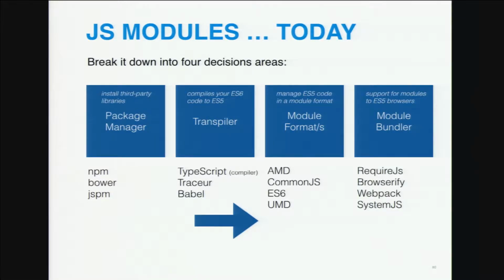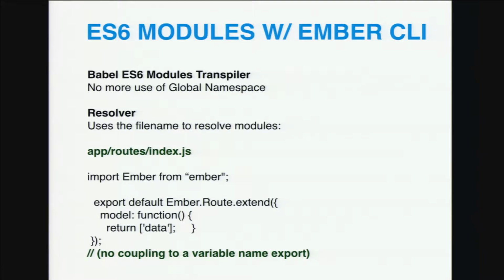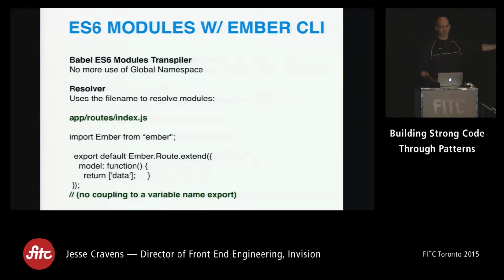Should I be using TypeScript, Traceur, Babel? What kind of format do I want my modules in? What kind of bundler do I want to use? Nice thing about Ember CLI is it takes that all away from you, and it says, we're going to give you what we feel, the community feels, is the kind of industry standard for these things, and they're at least going to make the choice for you and shield you from having to do all of that research yourself, right? So one of the nicest things about that is that I can just name my file index there, and nowhere in my ES6 here am I declaring what the global routes name is. It's just picking it up off of the file name, and it's compiling it, it's transpiling it, and it's assigning it for me. So literally, if I use the generator to create this file, it's going to go ahead and take care of naming it for me, essentially, part of it, but keep all the globals out of my